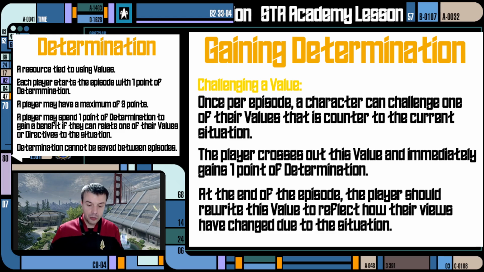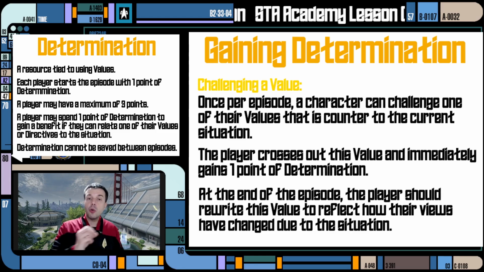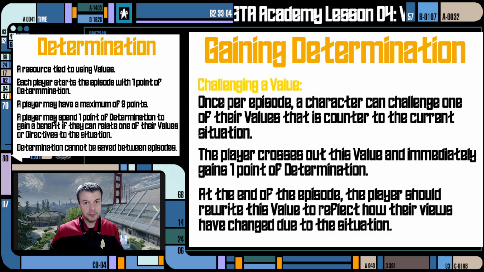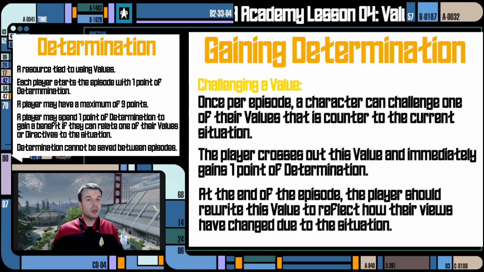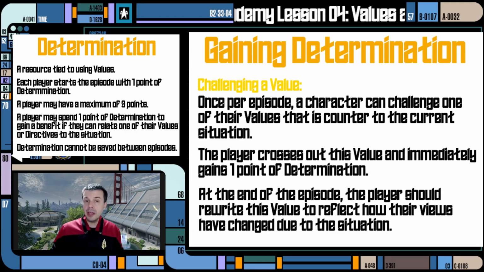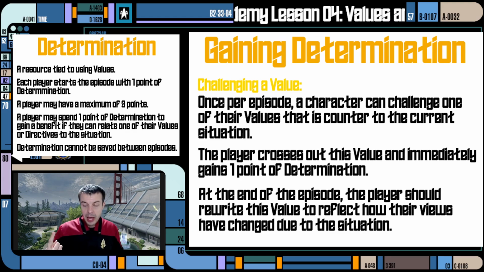So when you challenge a value, you cross out that value on your character sheet. It's now gone. But you gain a point of determination. So that value is now gone, because now whatever's happening in the scene is totally changing the way you view that aspect, that value about yourself. So you cross it out, but you gain that point of determination. This can only be done once per mission, and